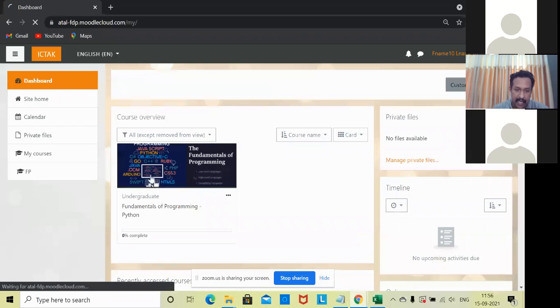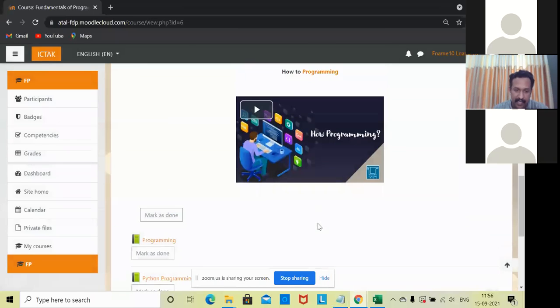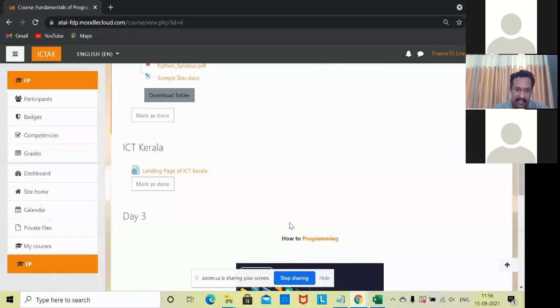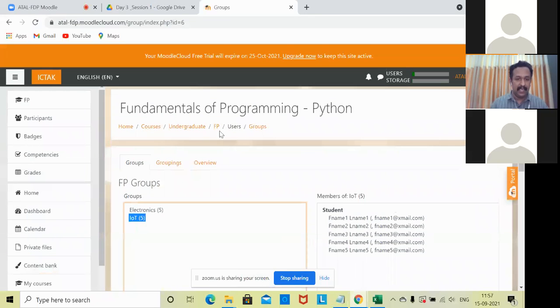I am selecting the course which is available for me. What you can see under the ICT category is that previously the next link was also there. But in this case, it is otherwise hidden, as we configured when setting up the course.